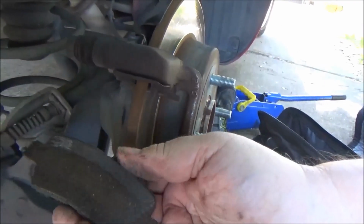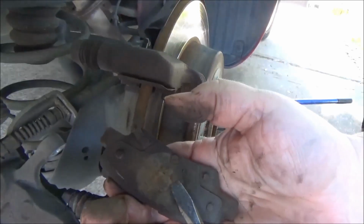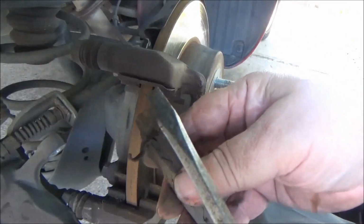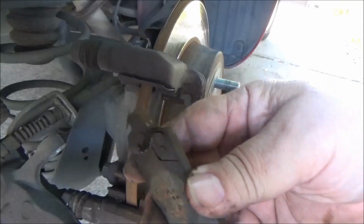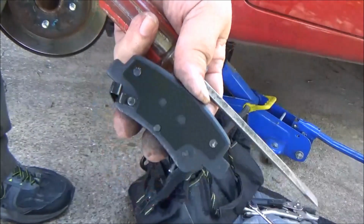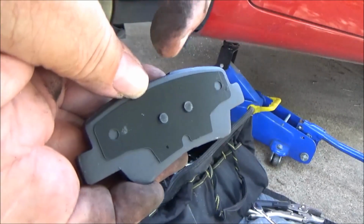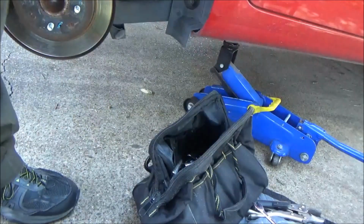Well, look at that. That was not good. That was all the way down to the metal. So the back one has these three things on it here, and this little nib here. So let's see if that relates to what we have in the kit. Well, it does match. So here is the one that goes onto the rear side with the three little items there, and here's the one for the front with the two. So we'll get those back on, but first we have to see